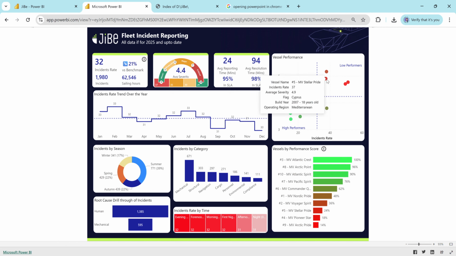We can hover on it, exactly see what's the vessel name, what's the incident rate, are they above or lower than the average, and some descriptive things. And I have just tried to be creative here as well. For example, in build year we have 2007, so I calculated the age of that vessel to just give the exact sense, and the user does not have to think how old this vessel is. So these are the few things, and of course we can exactly see which vessel is where